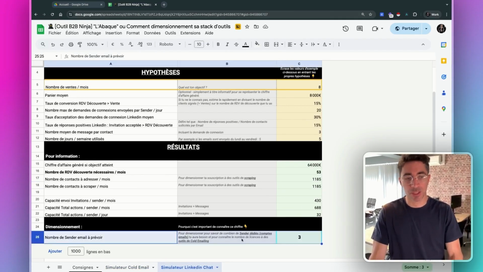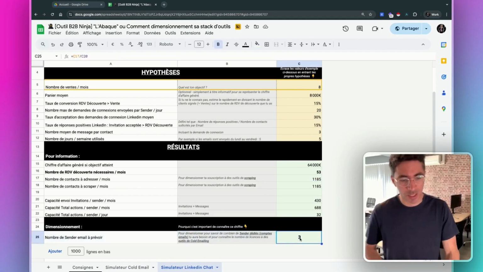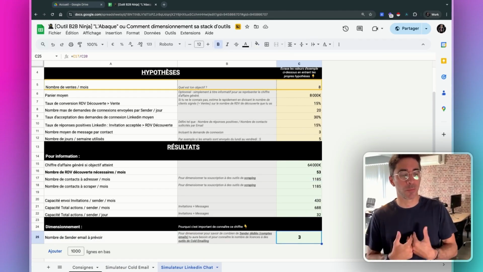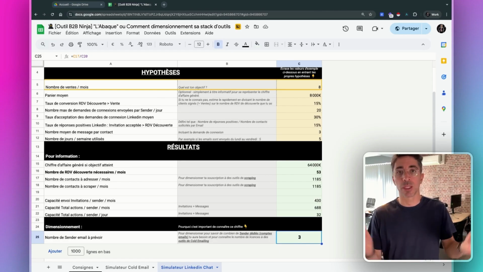And here it's the same thing. What we're interested in at the end is asking ourselves, how many LinkedIn accounts do I need? So based on my assumptions, I need 3 LinkedIn accounts. Can you have 3 LinkedIn accounts in your company? Well, plus 2 others. 3, in general, it's not unreasonable to go for 3 LinkedIn accounts. You need to get 3 licenses that allow you to automate a LinkedIn account.